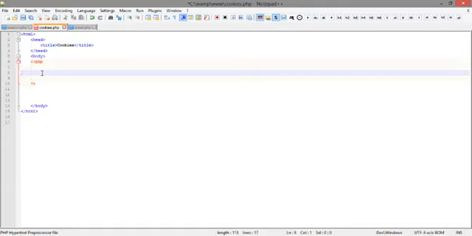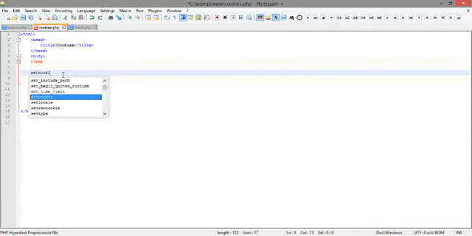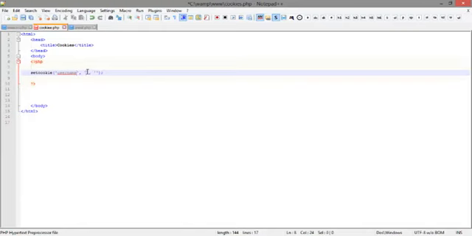Now cookies are set using the function setcookie. Okay, setcookie. There, now it carries many arguments, but we're going to be looking at 3 basic arguments of cookies. Okay, so we're going to be looking at the name of the cookie. In this case, let's say username, just like we did in our session. Now the value of the cookie, in this case, let's say datums, and lastly the time or the expiration period